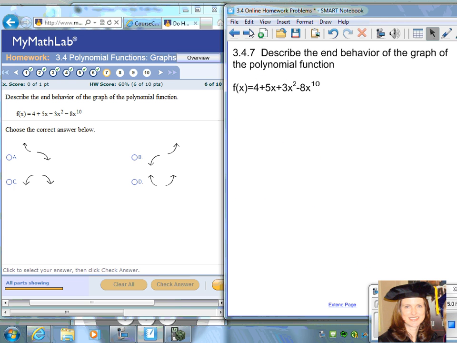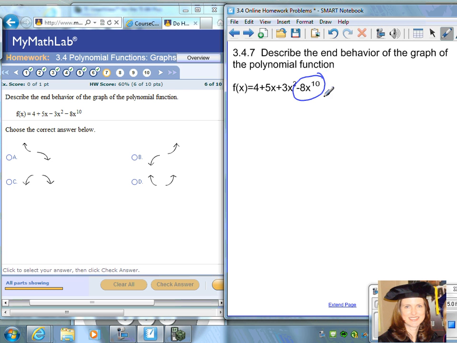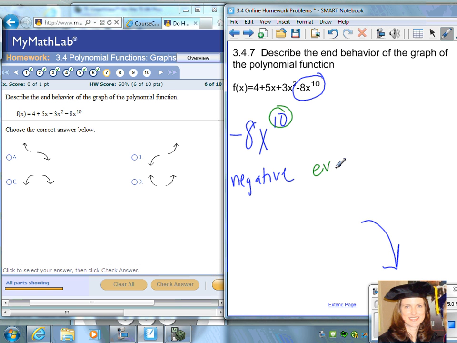Okay, here's another one, question number 7. You want to look at the leading coefficient, but be careful here. It's not written in our traditional format. The leading term is really negative 8x to the 10th. The leading term is always the term that has the greatest exponent. Because this is negative, that means the graph is going to end going towards negative infinity on the right half of the graph. Because the exponent is even,